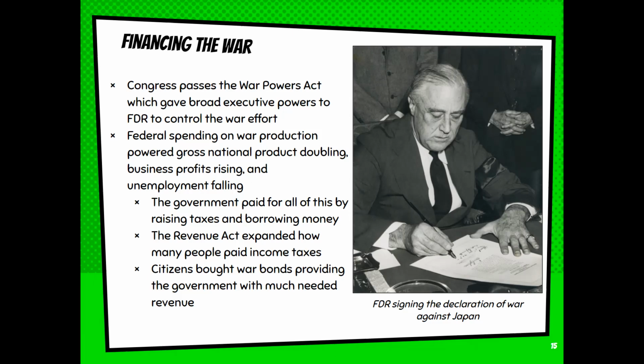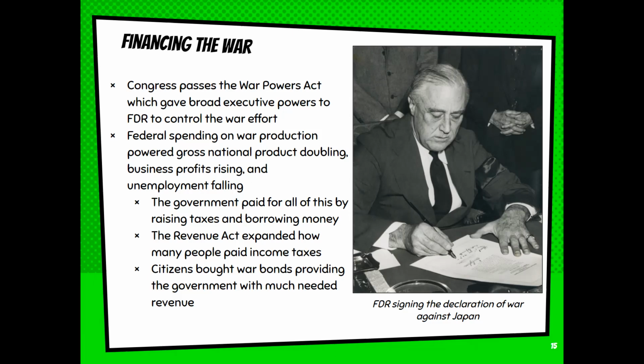And so the government puts its full power into spending on new factories, new facilities that can produce the stuff for war. Because you can have the best strategies, the best generals. If you don't have the stuff in order to fight a war, you're going to lose. And so with increased spending comes factories growing. Those factories need new workers. Remember, we're still feeling effects of the Great Depression. Unemployment is around 10 to 15%. And so this is going to decrease unemployment dramatically.